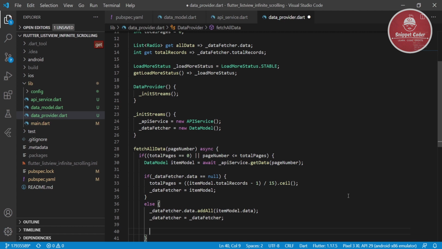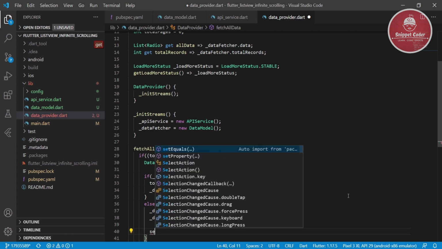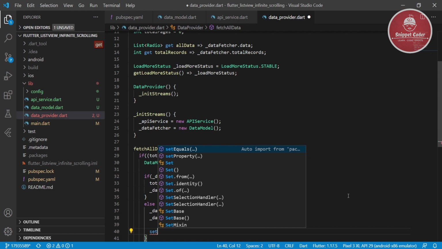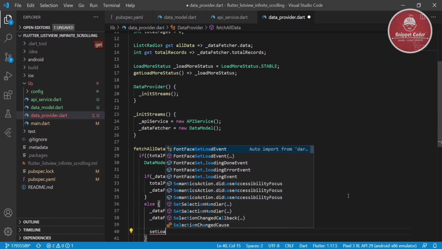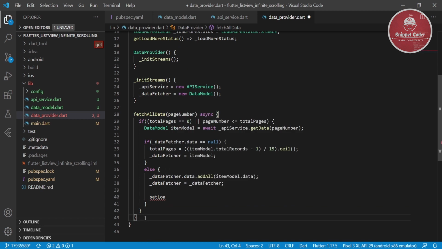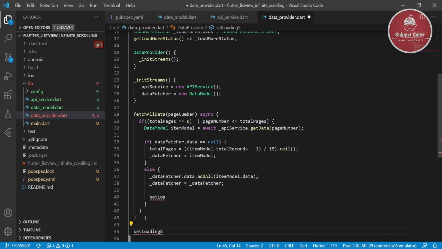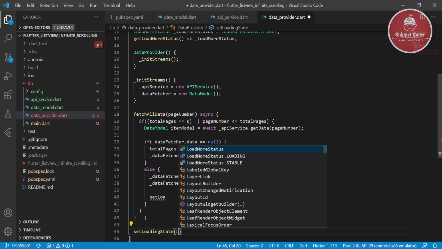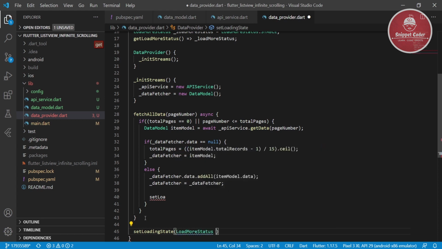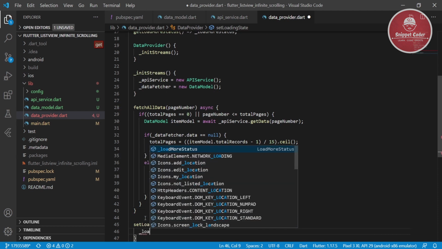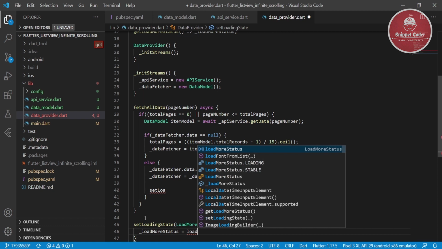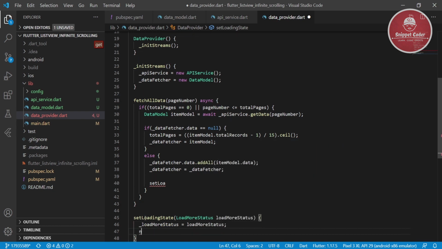And here we will set the loading state, and we will create one method, setLoadingState. Set loading state has a parameter of loadMoreStatus, then we will call notifyListeners.